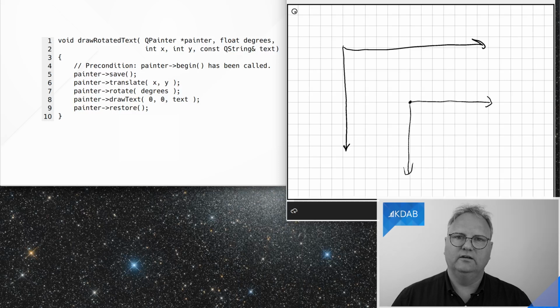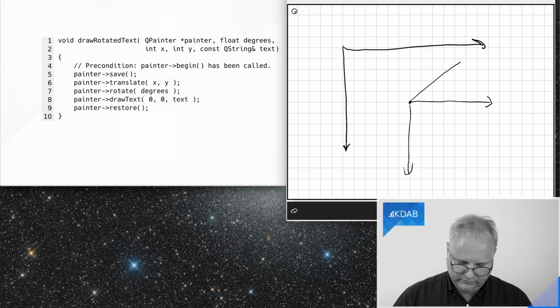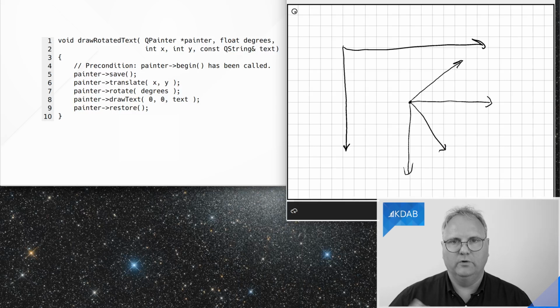Then I rotate the amount of degrees. And the cool thing about rotating is that 0,0 is the only coordinate that stays the same. So now I have a coordinate system that looks like this.